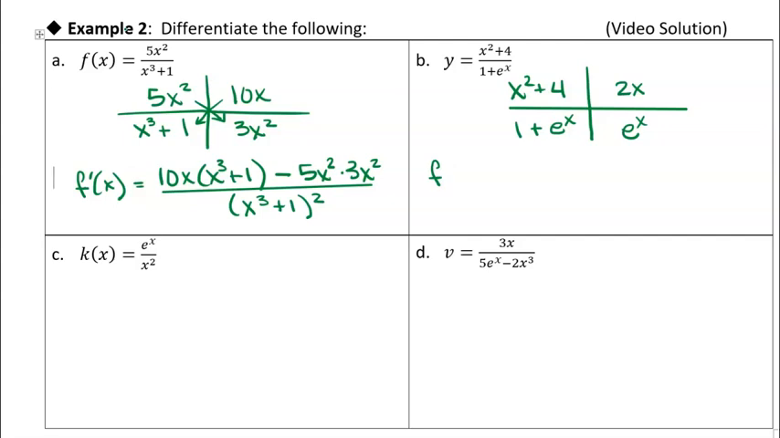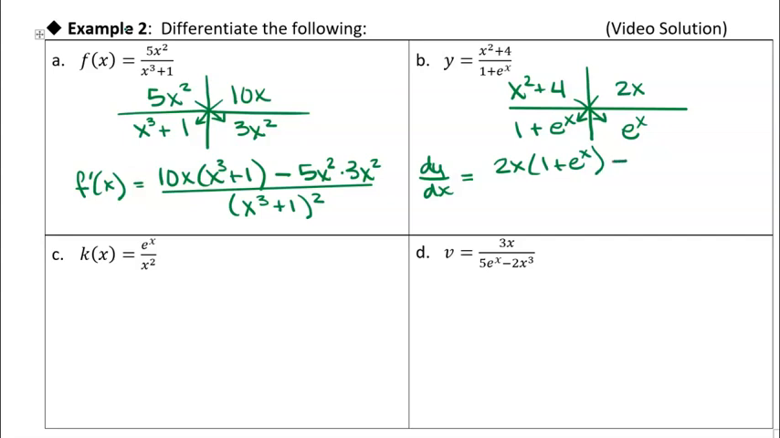Oops, I'm not going to write f because this is y. So I'll just write dy dx. That's what I usually do if we just have a variable. Okay, I'm going to draw my little arrows, and then we're just going to follow the arrows. This one is pointing to the left, so we're going to put that one first. So we have 2x times 1 plus e to the x